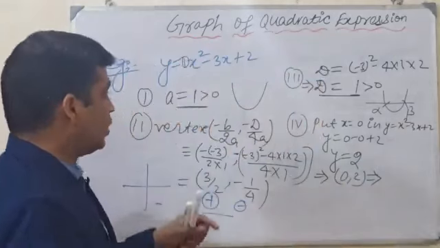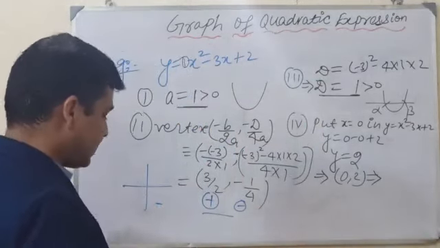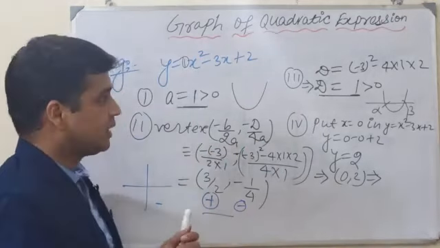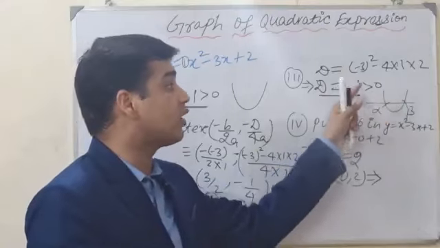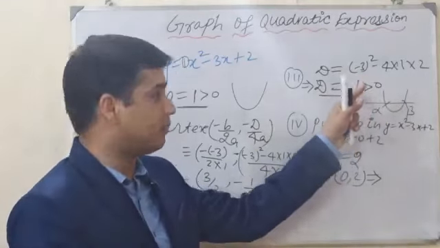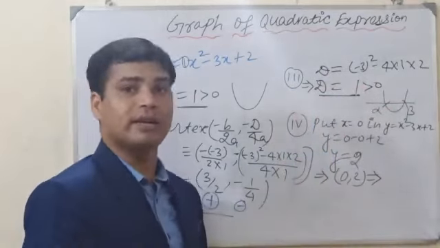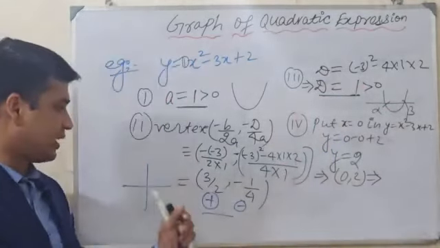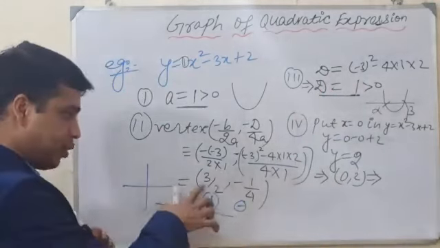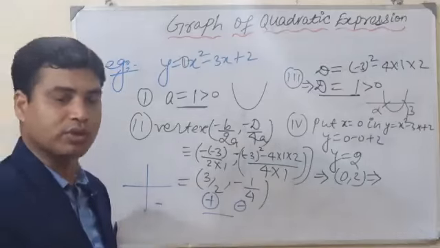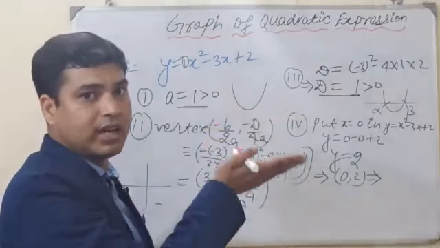Now see this here. So what is the final result? First thing, a is greater than 0, upward parabola. D is greater than 0, and it will cut the x-axis at two different points. Real means it will be visible, and two distinct roots, alpha and beta. Third condition is the vertex. What are we getting in the fourth quadrant? We are getting 3/2 and minus 1/4. This is positive, this is negative, so it lies in the fourth quadrant. And 0 comma 2 means above the x-axis.